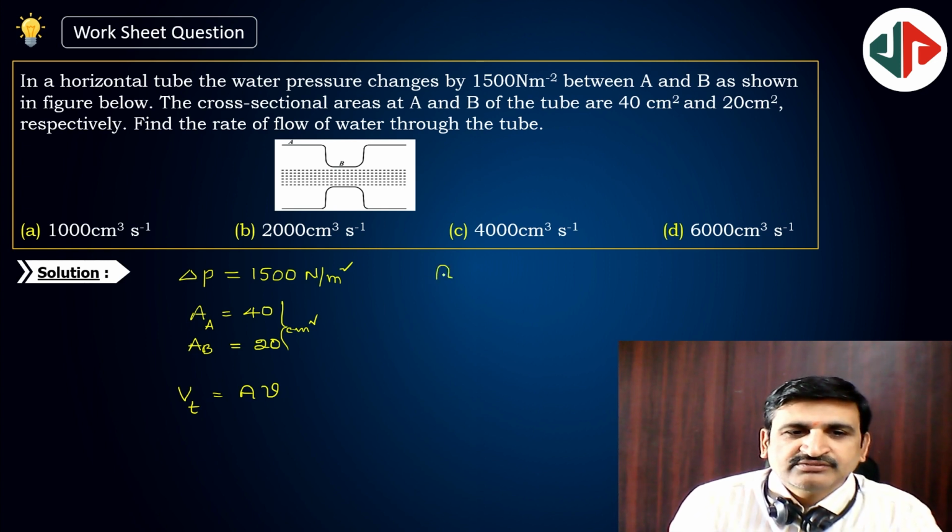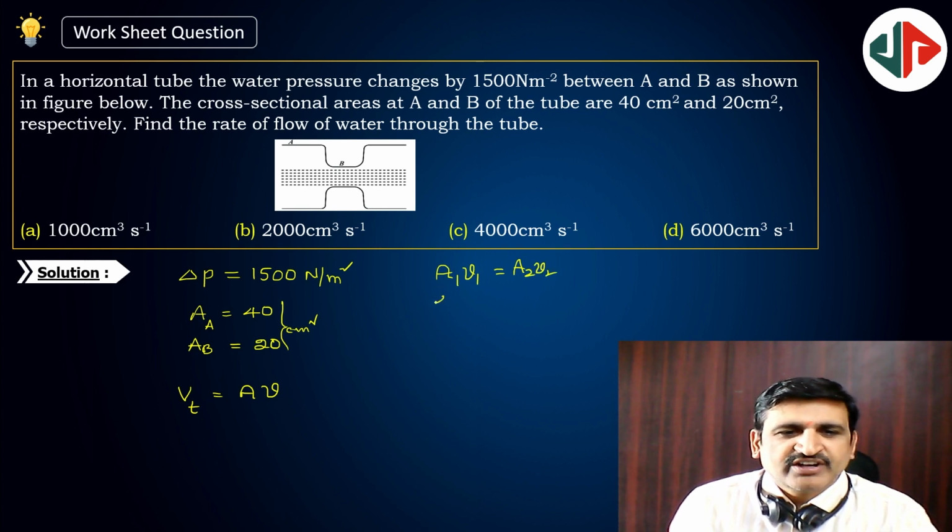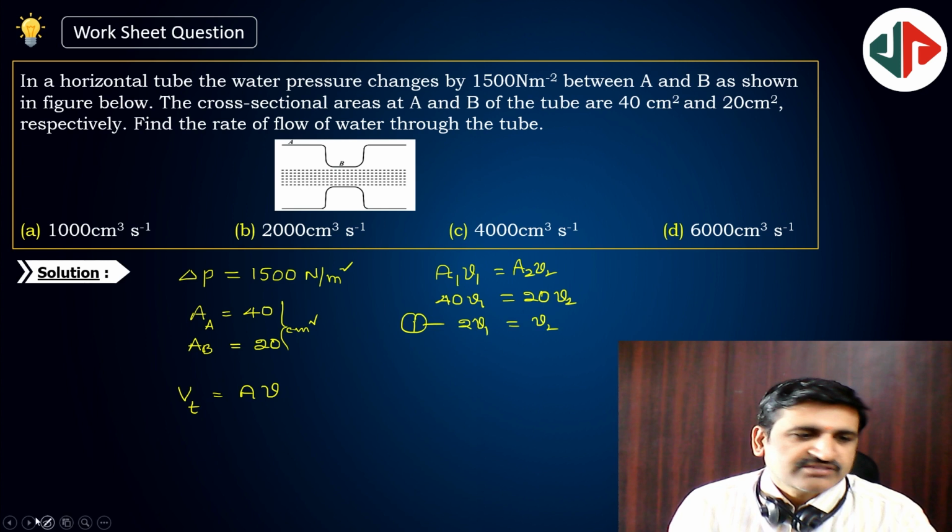We have A1 V1 is equal to A2 V2. A1 is 40, V1 I don't know, A2 is 20, V2 I don't know. That means 2V1 is equal to V2. Representation 1 I can call. Next, what about Bernoulli's theorem? Bernoulli's theorem is